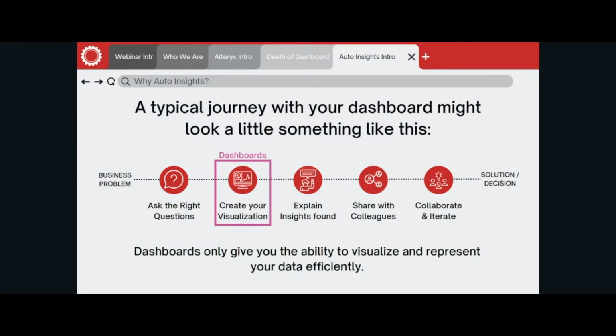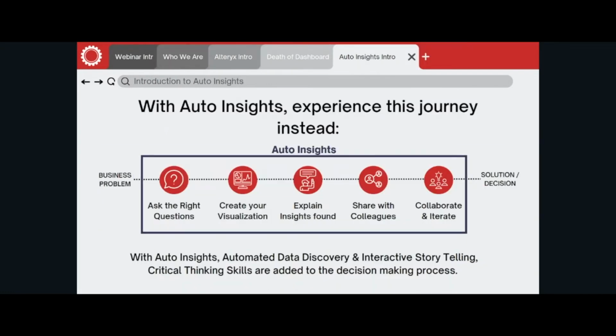Typically, with a dashboard, the process ends at creating a visualization, since the dashboard gives you the ability to visualize and represent your data efficiently. However, with Auto Insights, experience their guided processes as they walk you through the entire decision-making journey with you. What's more, their automated data discovery and interactive storytelling ability adds critical thinking skills to your decision-making processes by finding relevant and useful stories amongst the sea of information and interpreting and presenting those insights to achieve your business